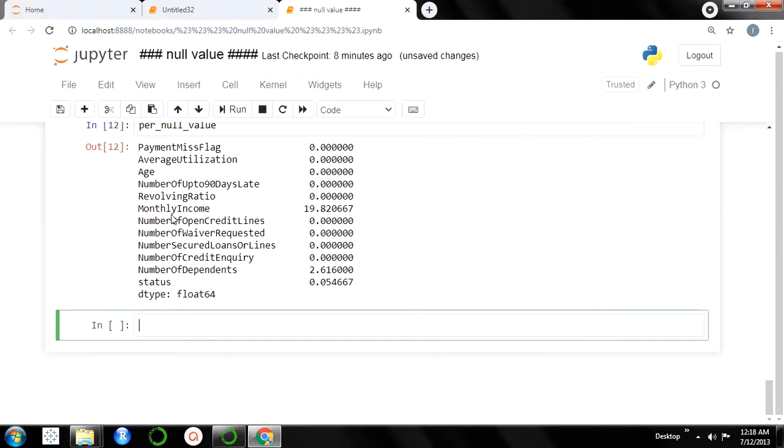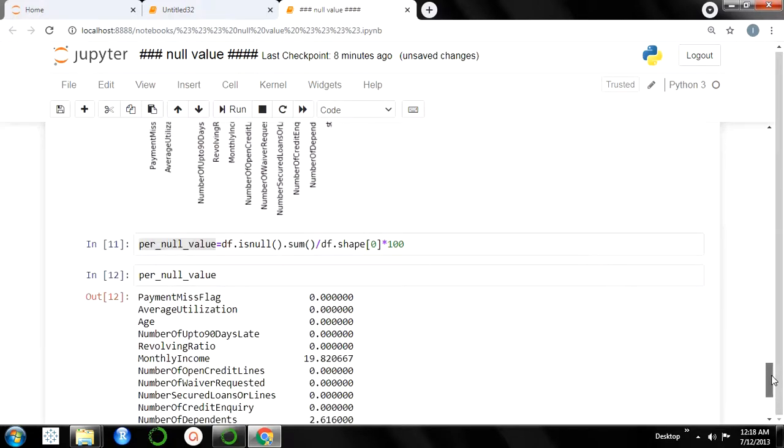Now the monthly income column has approximately 20% null values. Number of dependents has 2% and status 0.5% null values. So